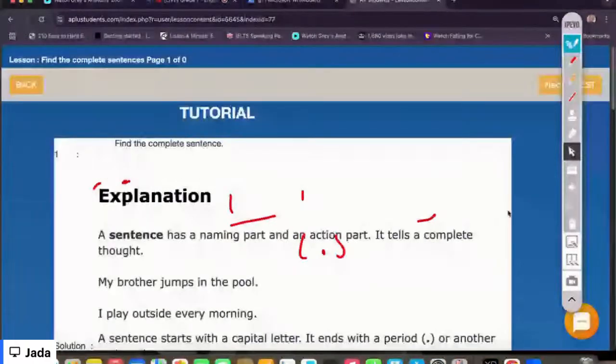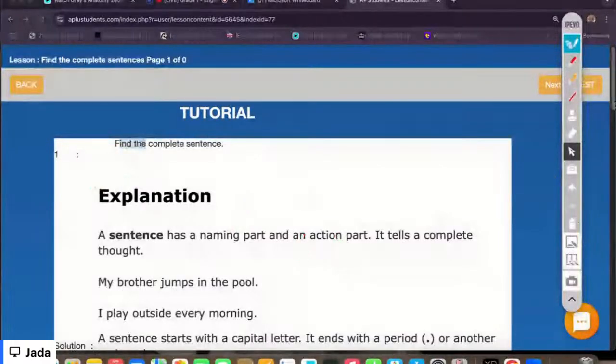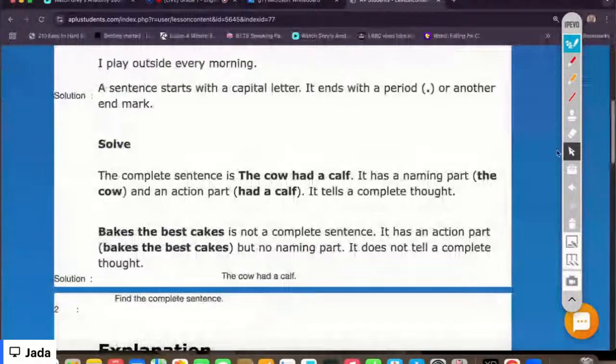Alright, so this one says find the sentence. Okay, so the complete sentence would be what? The cow had a calf. And we have two sentences: cow had a calf and bakes the best cakes. Now, the cow had a calf. It has a naming part, which is the cow. And the action is had a calf. So it's complete. But if you say bakes the best cakes, it is